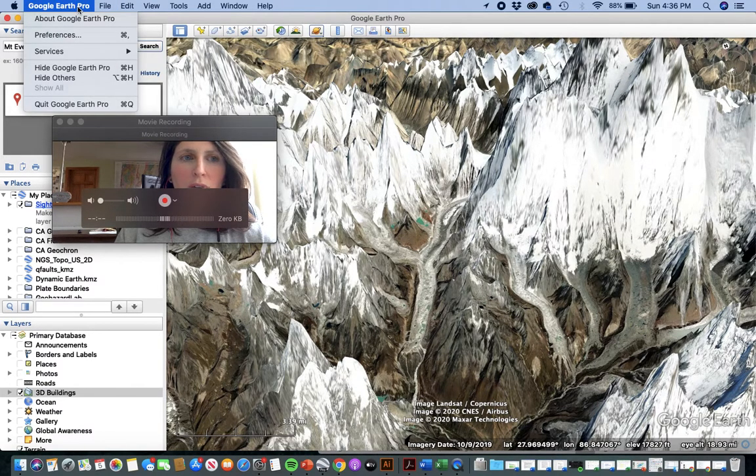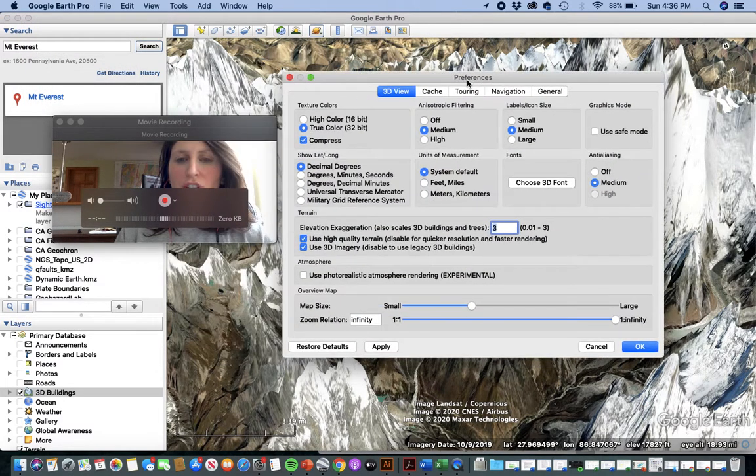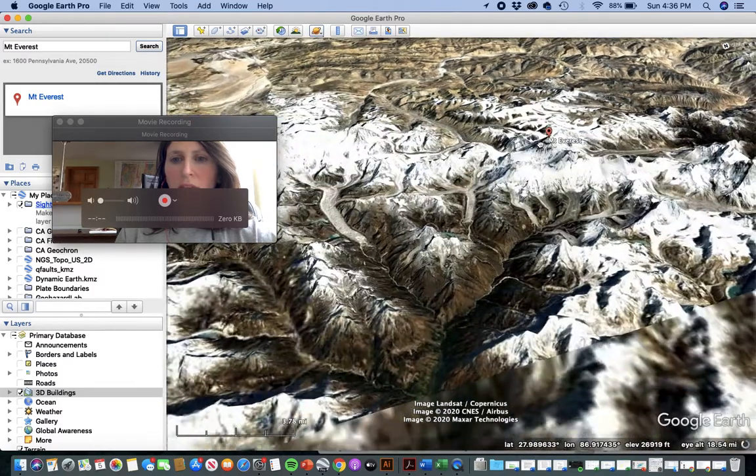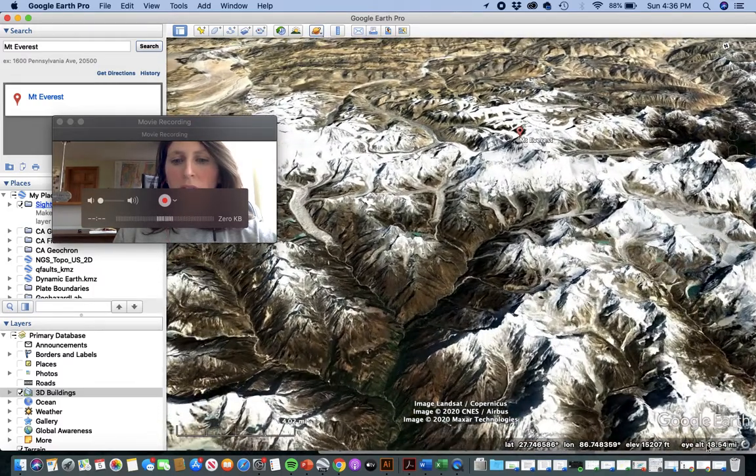So you go to Google Earth Pro, Tools, Preferences, and then you just change the elevation exaggeration. So I'm going to change it back to 1. Okay, and give that a minute to do its thing. Okay, cool. So the next question that it asks